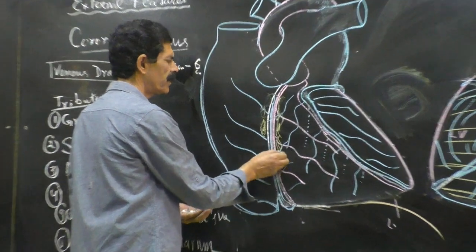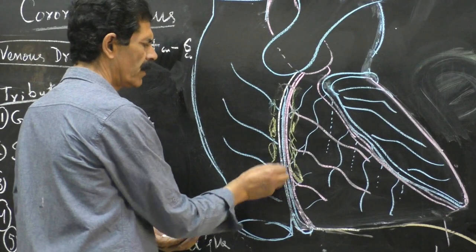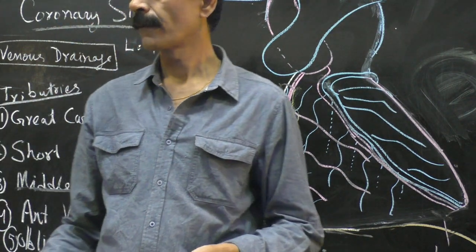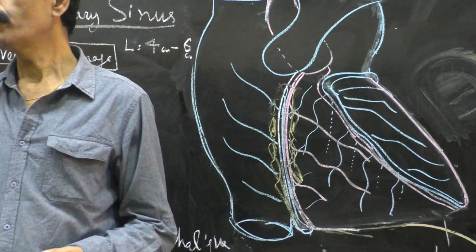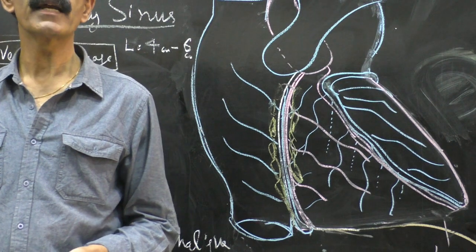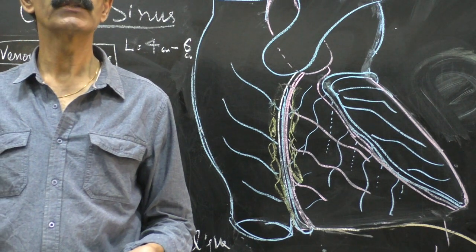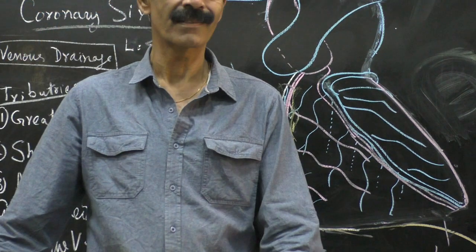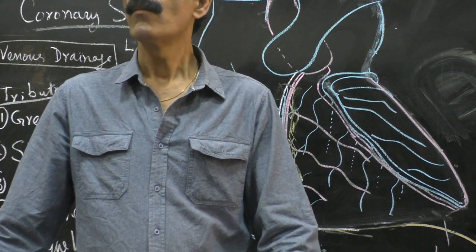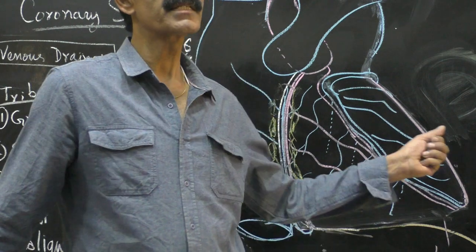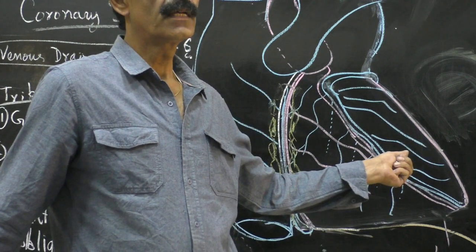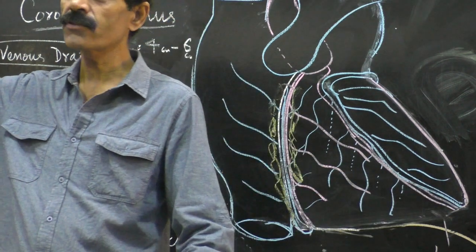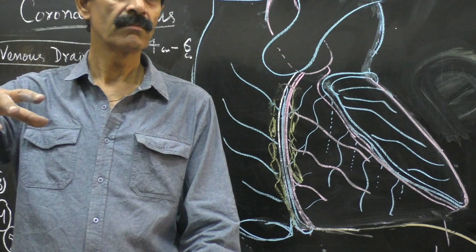This is called the subepicardial fat. So these vessels are scattered in the subepicardial fat. So the people who are taking a high fatty diet, the triglyceride or fat is not present only in their blood circulating in their body, but it is also deposited in the subepicardial space around the blood vessels, and this fat will also press these vessels.